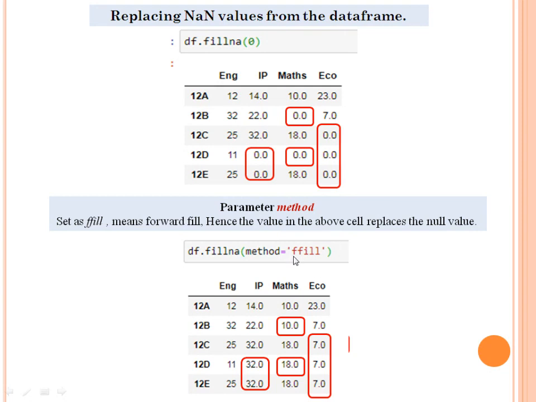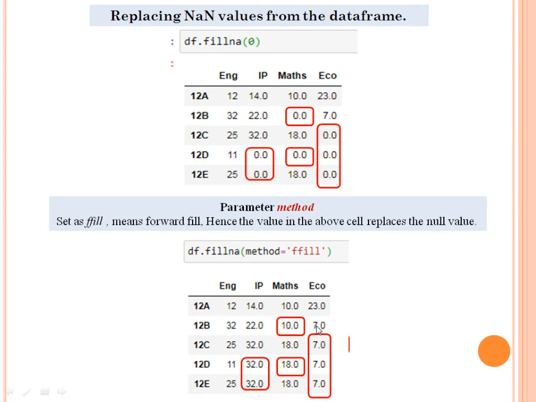F stands for forward fill. So this 10.0 copied its value forward to 12B. Okay, and 18 shifted its value to this 18. 32 shifted the values to all the consecutive NaN values.